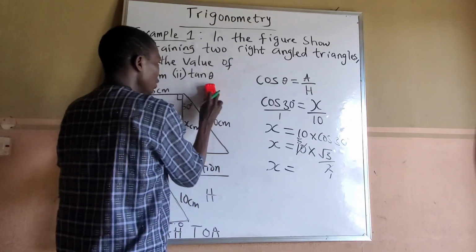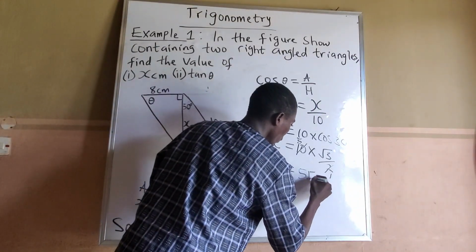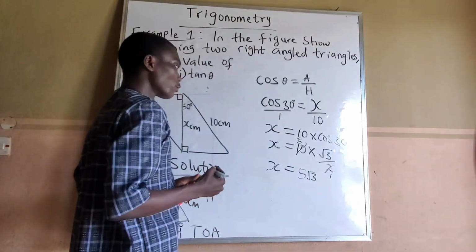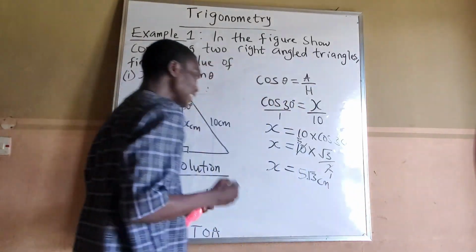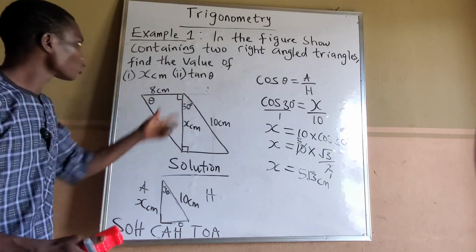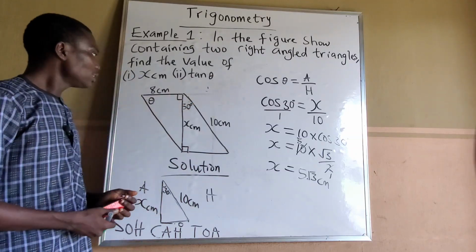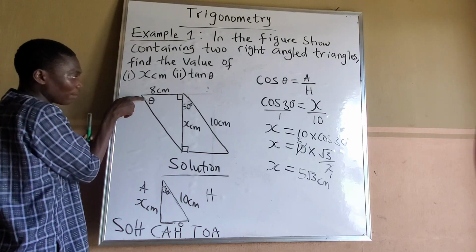So our x is equals to what? 5 root 3. So I can put it as centimeter. So that is the value of our x. Now we have done with this. But the next one is to do what? To calculate tan theta. This theta we are talking about is here,